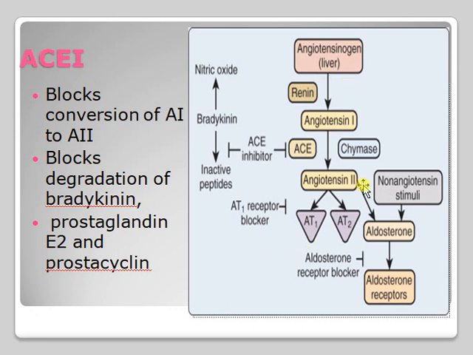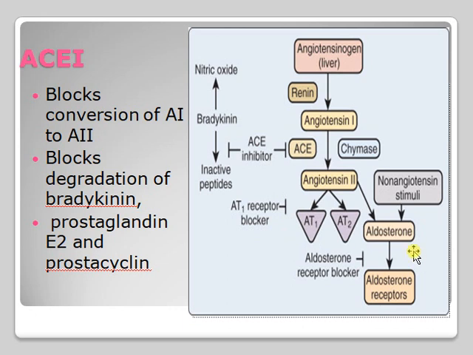Here is its mechanism that we already discussed. Angiotensinogen is converted into angiotensin 1 with the help of renin. Again, angiotensin 1 is converted to angiotensin 2 with the help of the ACE enzyme. Then the formed angiotensin 2 will bind to the receptors, that is AT1 and AT2. The most important receptor here is the AT1 receptor. So angiotensin 2 will bind to the AT1 receptor and show its effects, that is vasoconstriction, sodium and water